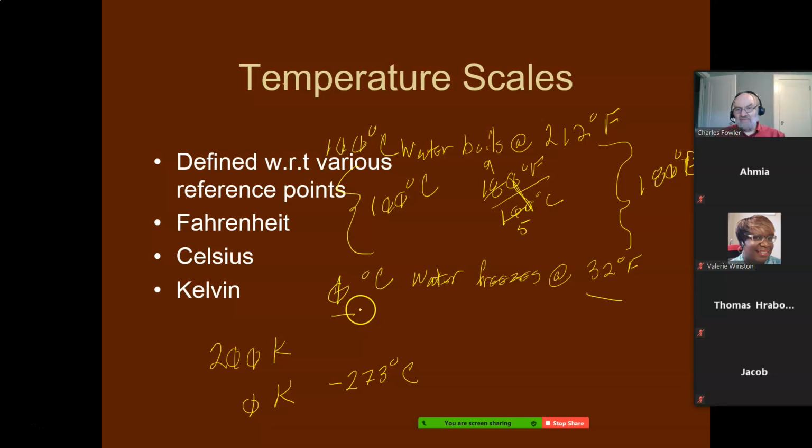If you were getting this up to here, you move 273 degrees up here. That means on the Kelvin scale, you move 273 K. The point here being a measure on the K scale is exactly the same size as the measure on the